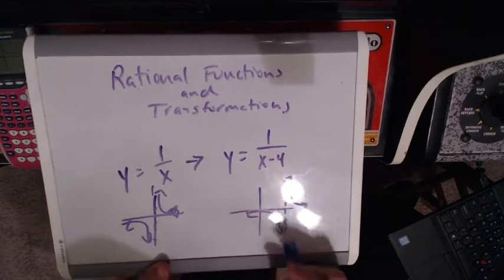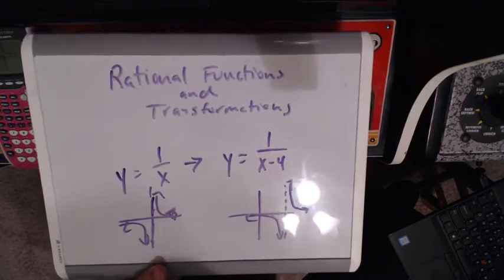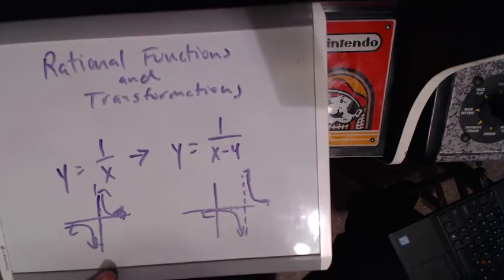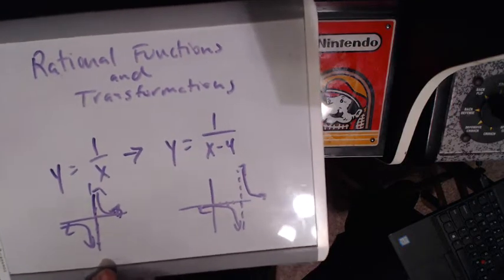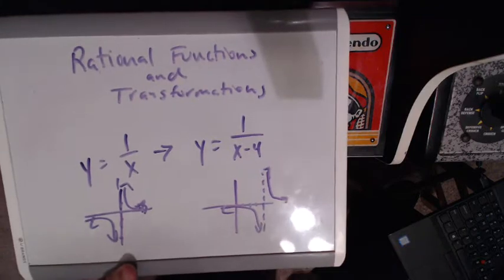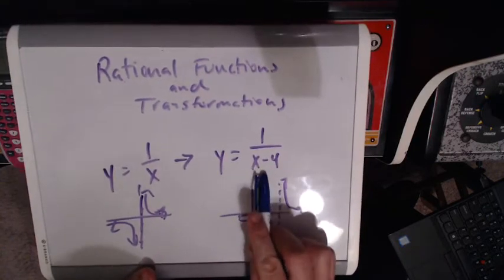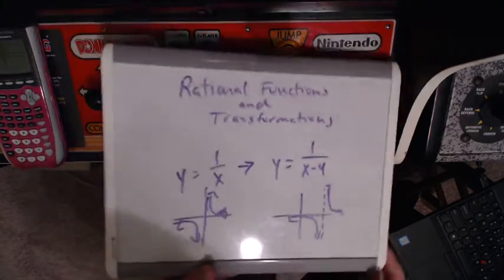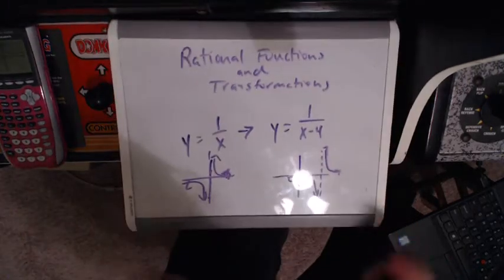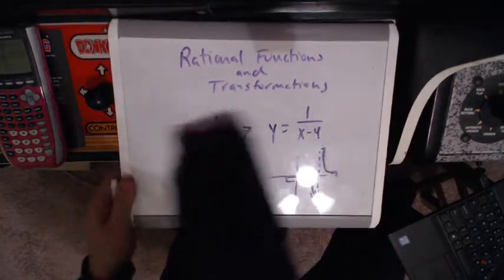So obviously, if we looked at this, we would know that the domain is x cannot equal 4, right? And that's where we get the vertical asymptote. So essentially what's happening here is that when you go into the x, you're just basically going left or right, okay? So just a couple quick things I want to make sure you make note of